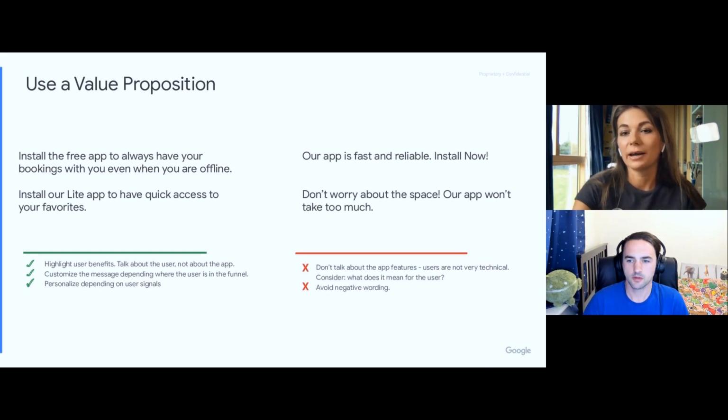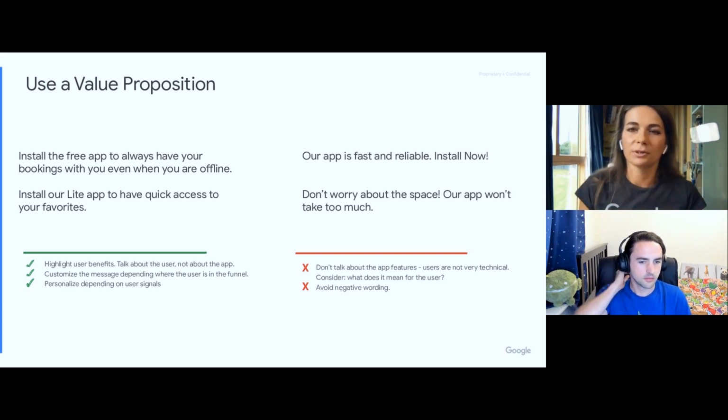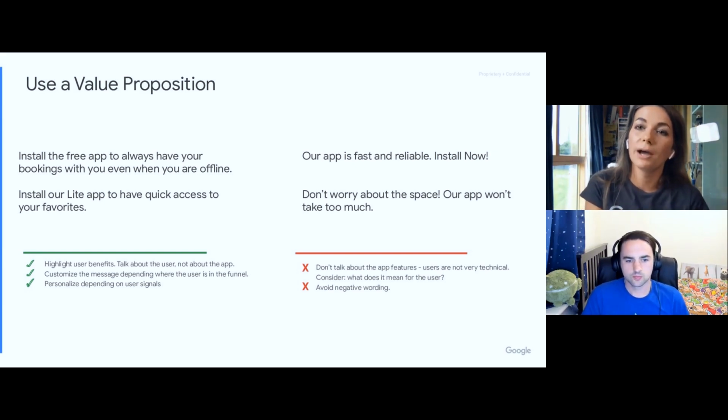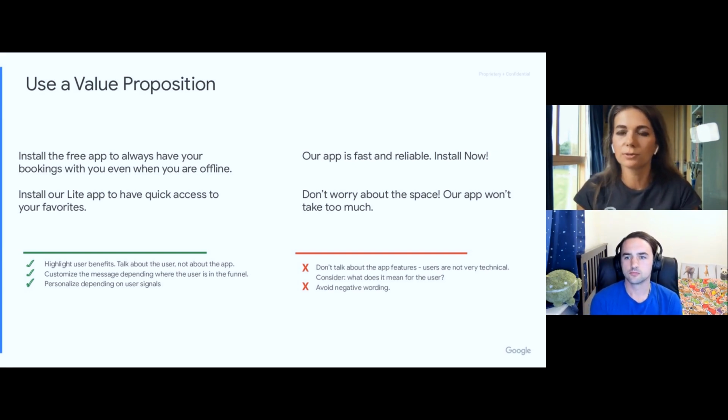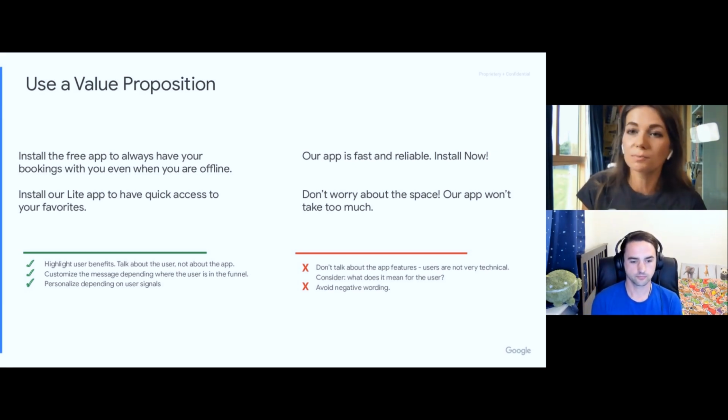And here, again, as I said, it's very, very important to speak the language of the user, right? You don't want to be too technical. They don't want to hear terms like progressive web apps, right? They probably don't know what that is. In general, the rule here is that you need to speak about the benefits that people are going to get and not the app features, right? It's a basic sales principle, but whenever we write the copy for our website, it's very, very important to remember that.